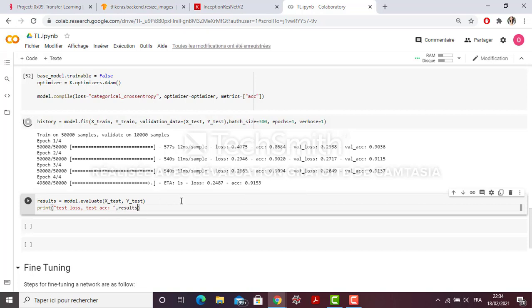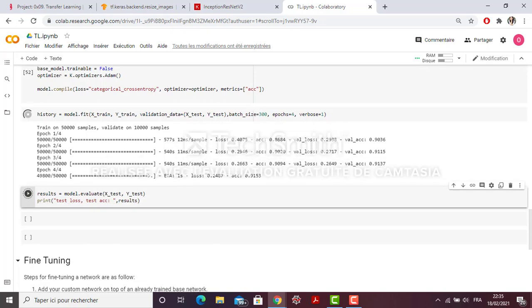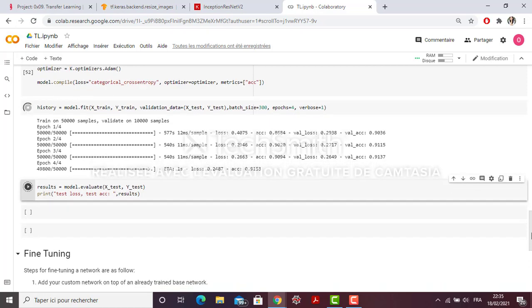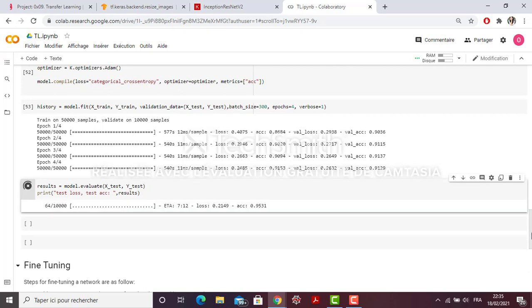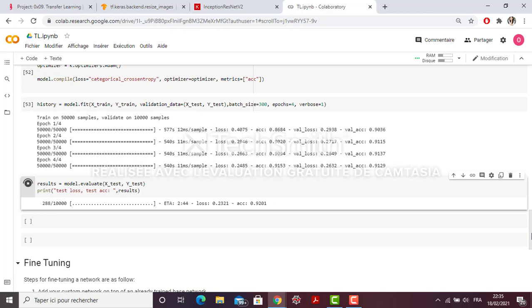The results of transfer learning aren't that bad. In fact, they're good results until now. We are going to just try fine-tuning and see if it gets better or not.